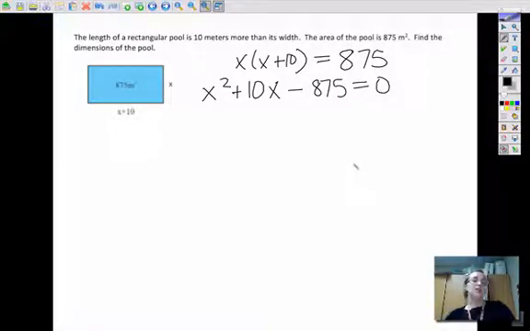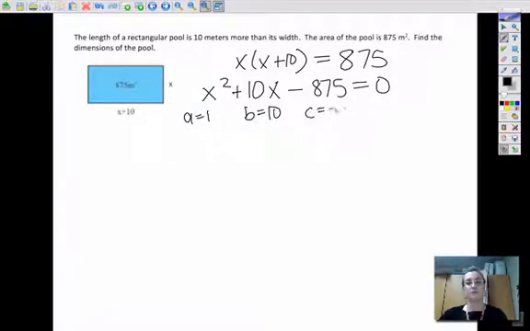And in this case, I was struggling coming up with some easy factors. You might be able to guess and check or to think about it for a little while and factor this, but I personally think I'm just going to use the quadratic formula to solve this problem. Okay? If you need help with the quadratic formula, you're going to go back and watch the quadratic formula video. I'm not going to step through the quadratic formula just to save you some time. So if you use these numbers in your quadratic formula, you should get that x either equals 25